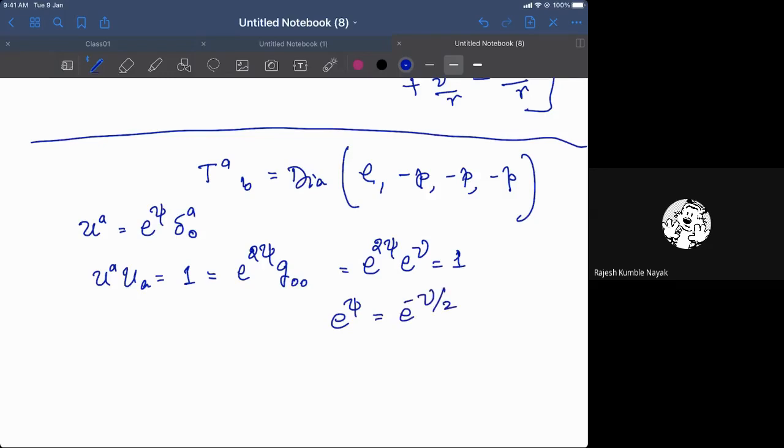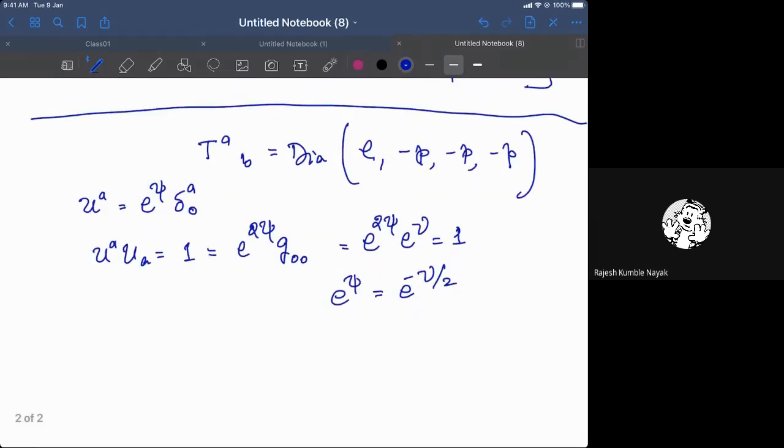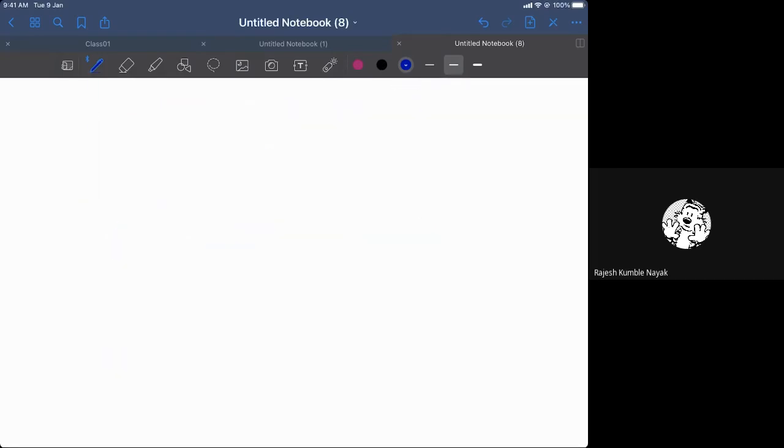So this is what we have for the expression, but we are not really using it. So let's go ahead and compute the divergence of T^{ab}_{;b} equal to 0. This had to be made sure explicitly. It gives us some relation between pressure and density. So this comes as a conservation law. So we have to compute this explicitly.